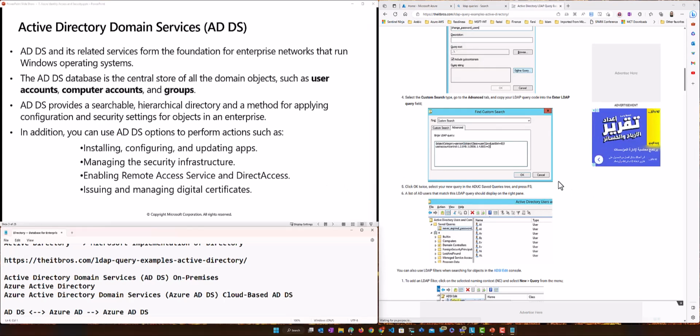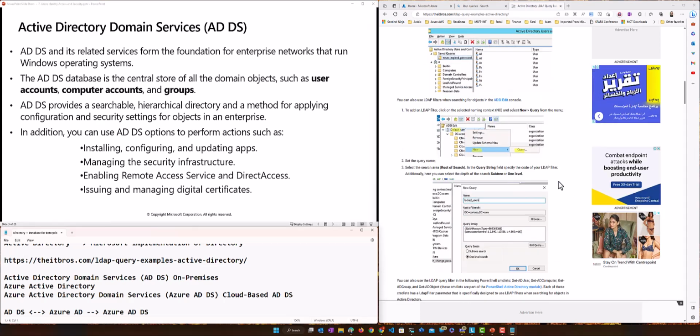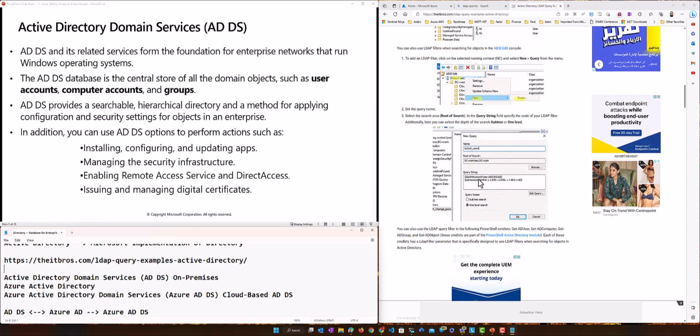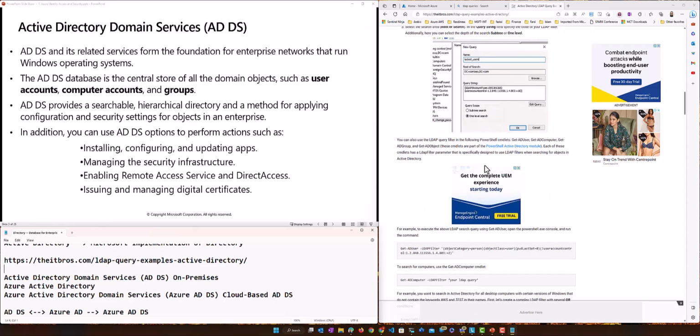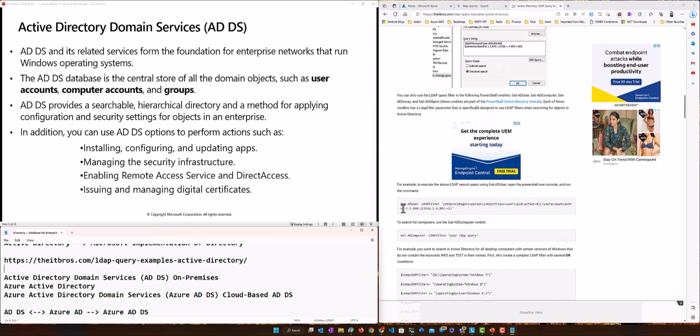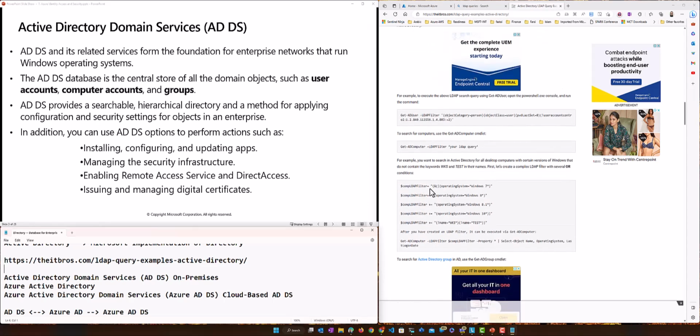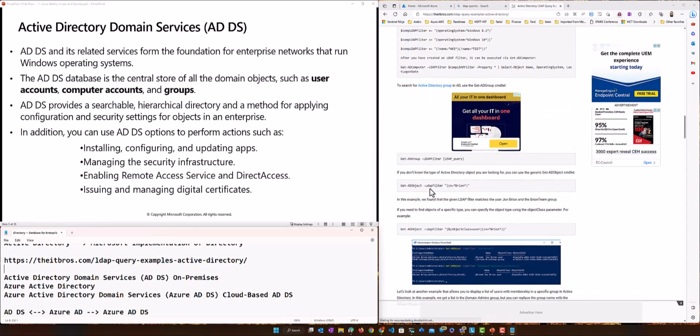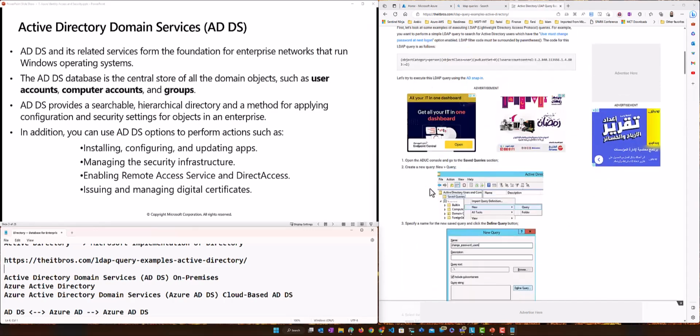I'll add this point over here, LDAP queries. Just to give you an example of the protocol and the queries, there are more queries inside, and you will understand these: SAM account name, user account control, various different things, these are different attributes. See, in PowerShell they have put an LDAP query: Get-ADUser and the filter for LDAP is this one. So the AD user with the filter sends the LDAP query to Active Directory.